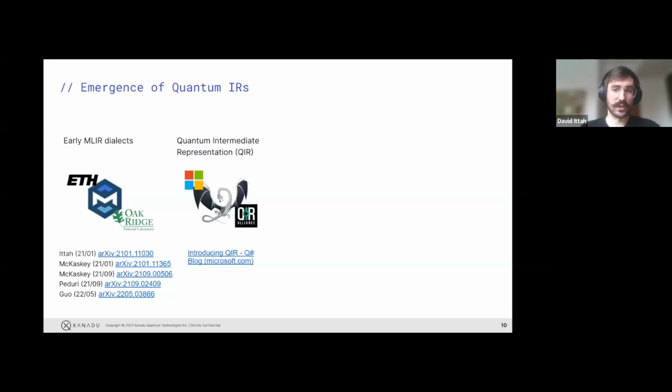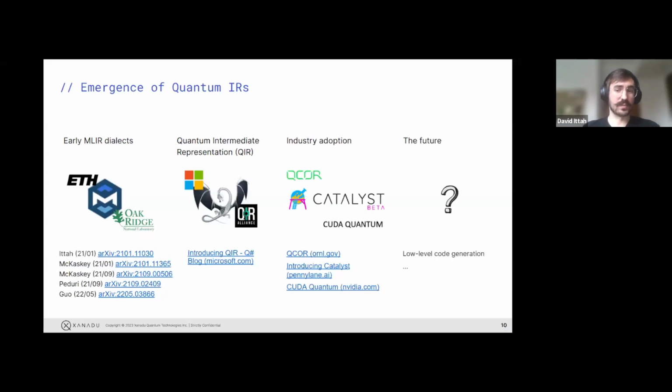And at the same time that we were working on MLIR, Microsoft announced a new quantum intermediate representation called QIR, which is based on LLVM-IR. So this IR was later transferred to the QIR Alliance, which now has many industry members. And since then, there are industry players who are slowly adopting full-scale hybrid IRs like these. So there's the QCO project, again, out of Oak Ridge. We ourselves have just released Catalyst earlier this year in preview. And NVIDIA just released their CUDA-Q quantum computing framework, which uses MLIR as well. And there might be more that